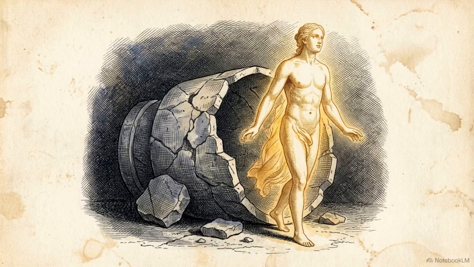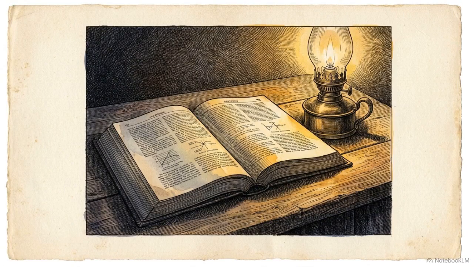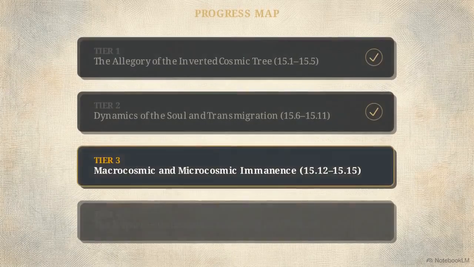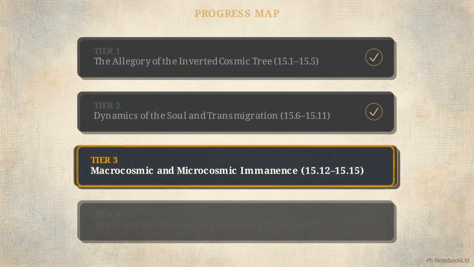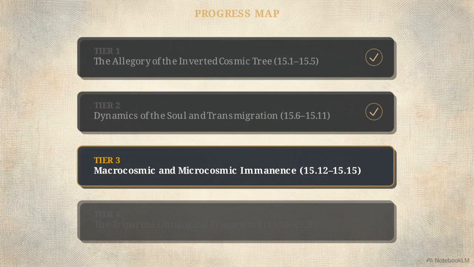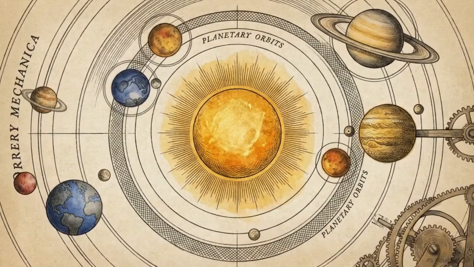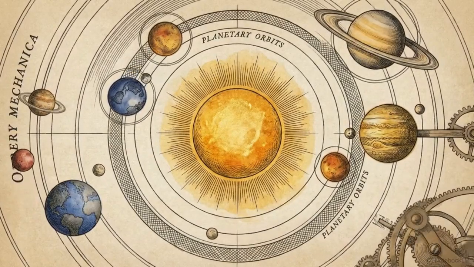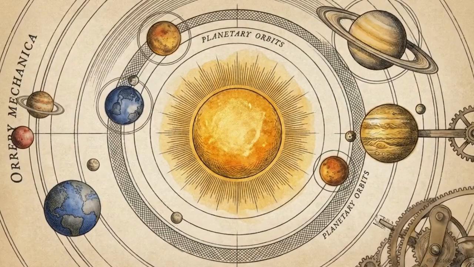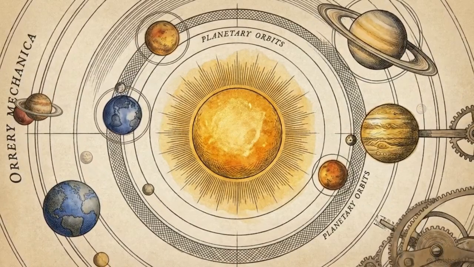The text concludes that human identity remains distinct from its temporary physical vehicle, and academic study fails to reveal this without moral purification. The third tier of the map explains how divine infrastructure actively sustains the soul. Macrocosmic immanence identifies divine energy as the power behind solar radiance and lunar illumination. Planetary orbital stability results from divine power actively entering these bodies to maintain gravitational force, a departure from the concept